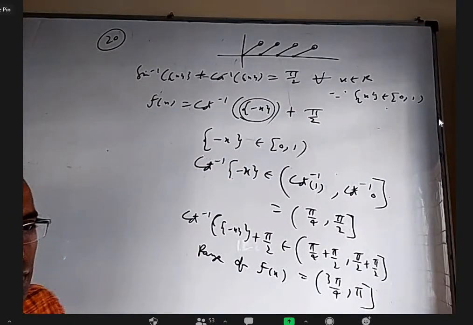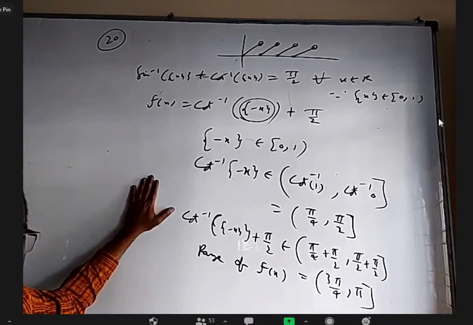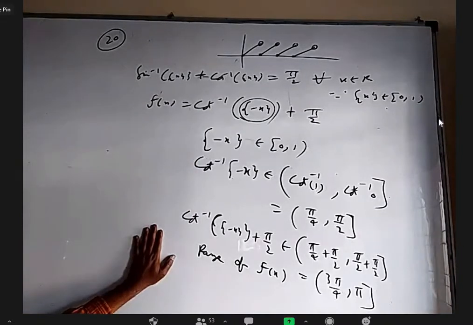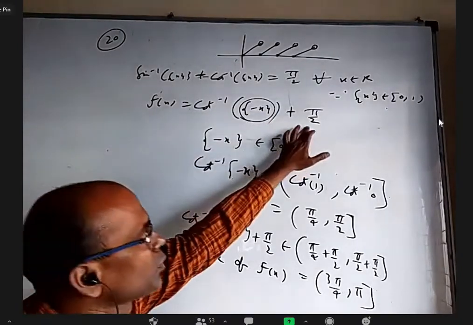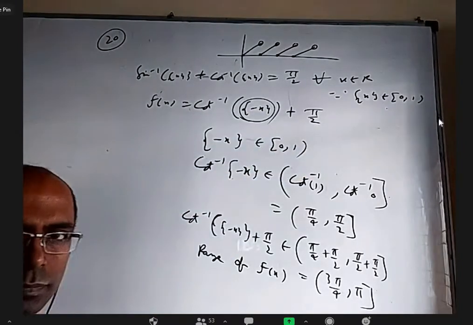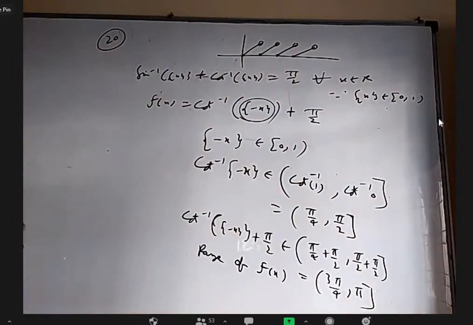You have to see the question, not just the solution here. First of all, you should have seen the question. I saw, sir. Okay. In the question, there are 3 terms. This is the first term. The second and third term put together is pi by 2, right? Yes, sir. Okay.